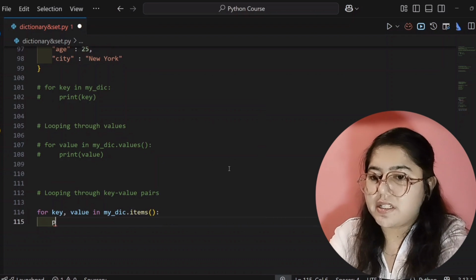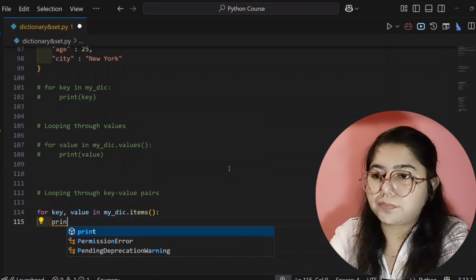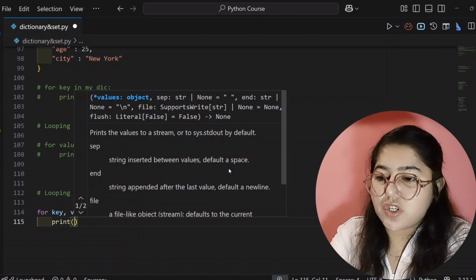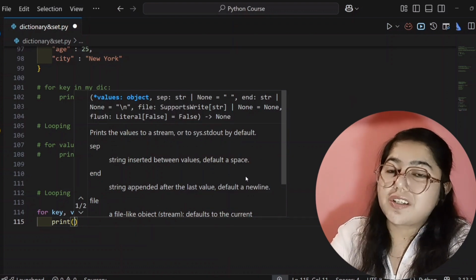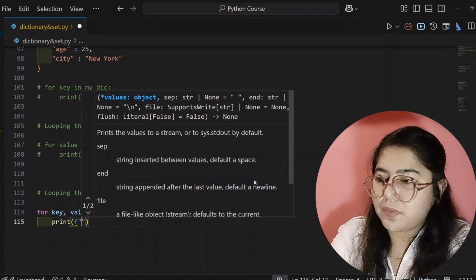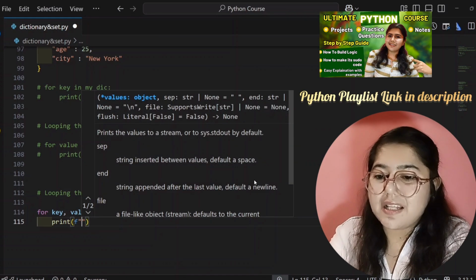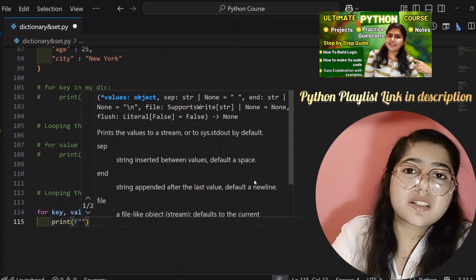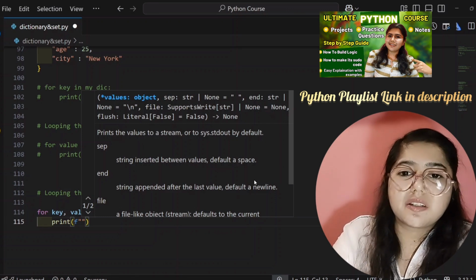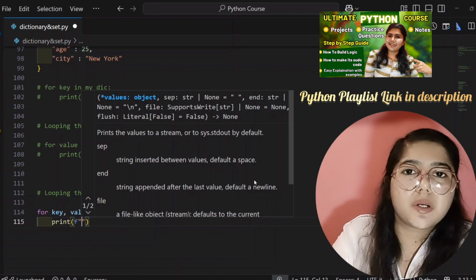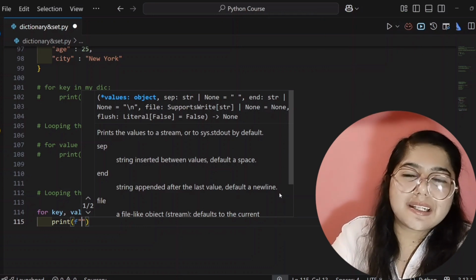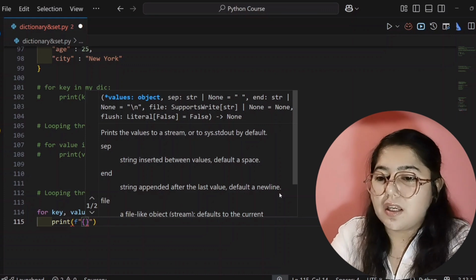And then I will write here print, then inside the bracket I will use string format. I have already taught you what this is, so you can check its link in the description box. You can check out that video. I suggest you please follow the Python Ultimate Course playlist from the beginning, so that you will understand Python in a better way, from beginner to advanced. I can't teach you each and everything again and again. That's why. Then key,